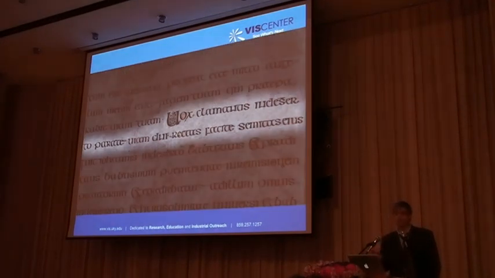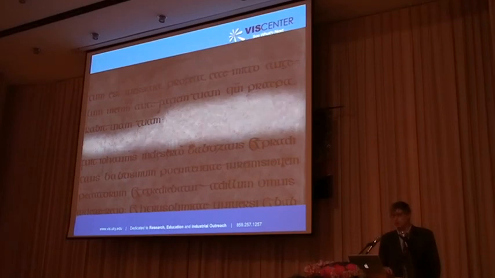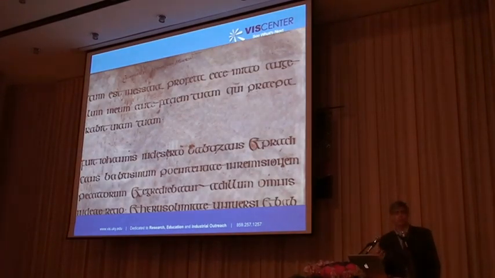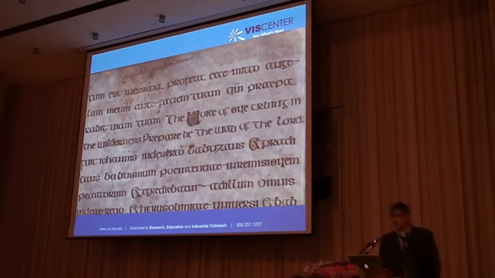So what we're going to do just on these two lines, we're going to isolate them, remove the Latin, but keep the same background, keep the stains on the manuscript, the color of the manuscript. And if you look at these two lines, you can see now these are in English, if you look carefully. It says, "The voice of one crying in the wilderness, prepare ye the way of the Lord." And notice that for the V of voice, they kept the decorated letter. Okay, so the idea is, how can we automate this? How can we do this where other users